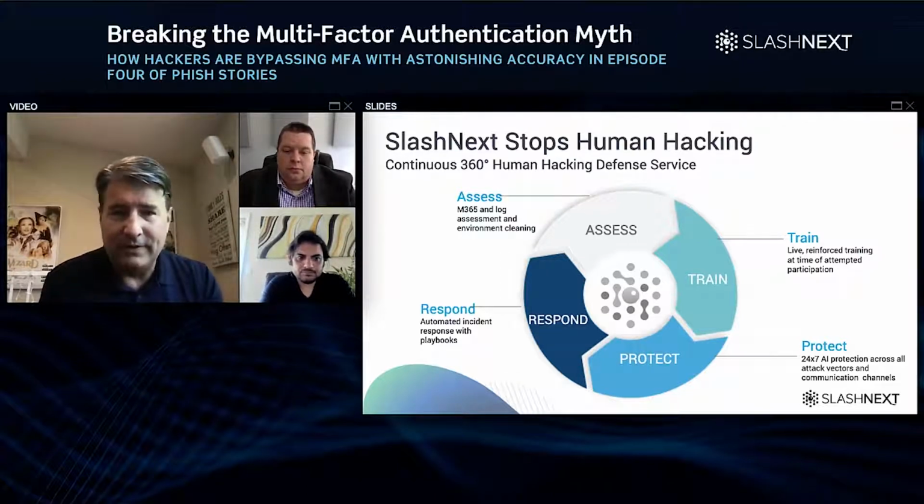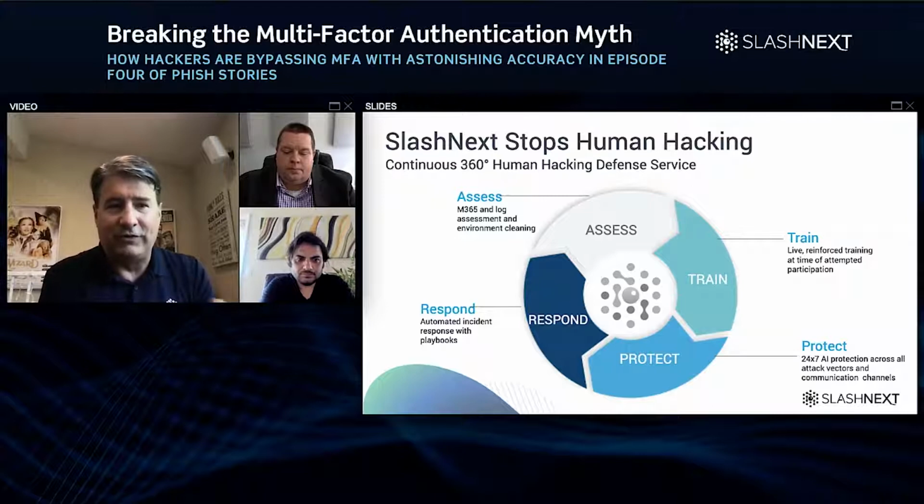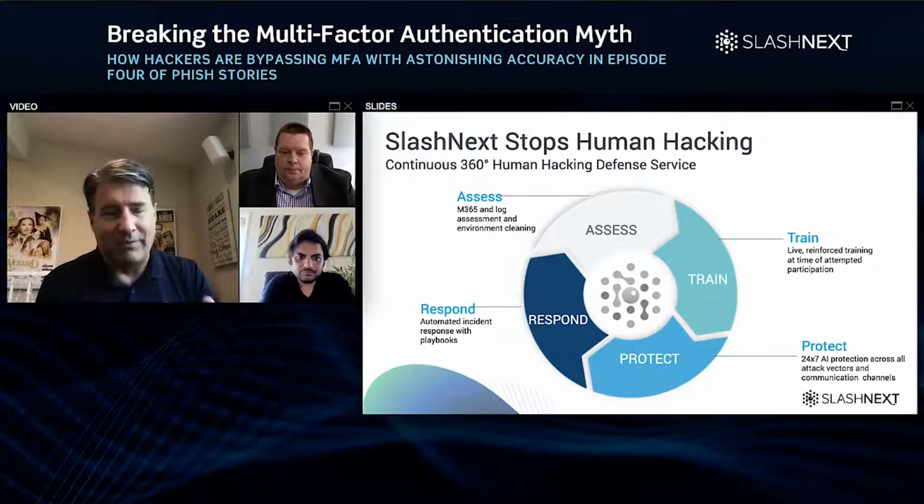Number one, you want to be able to do an assessment. What is your current state of environment, right? Look at what's going on with your own data. I'm a big fan of not just people telling you on the security side that you have a problem. And we're not here to scare anyone at all. This is about, hey, this is real world stuff that we're seeing. So you want to take a baseline. What is getting through your current defenses?